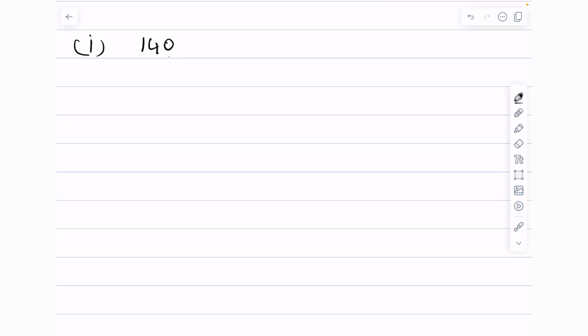Let's go to the first sum in your exercise, that is 140. Now if there is any number, how do I know this number is divided by a particular number? To know this, there is a simple trick. If the number ends with an even number, now there is 140 here. This is ending with 0. If a number ends with an even number, that is 0, 2, 4, 6, 8, or any of these digits, then it is divisible by 2.